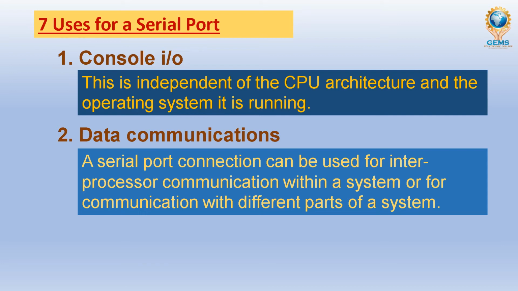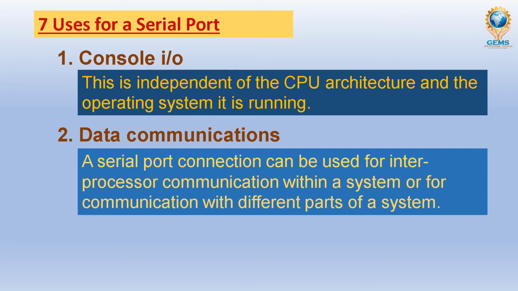If we switch on the computer, the mouse and keyboard are detected automatically, or work automatically. It is called console IO, input output. So input output devices that use console input use serial ports. So it is totally independent of the processor architecture, that is CPU architecture, and operating system. It doesn't need to be operated with the operating system or controlled by any other operating system or processor.